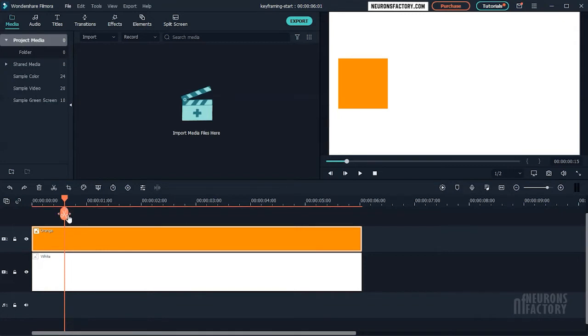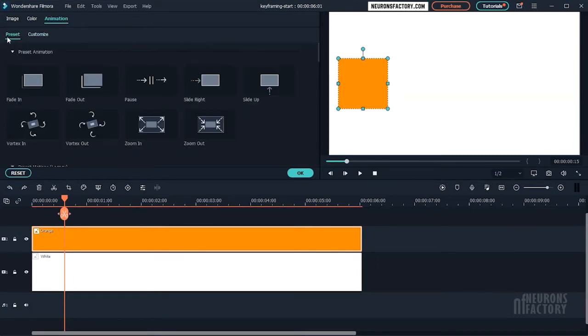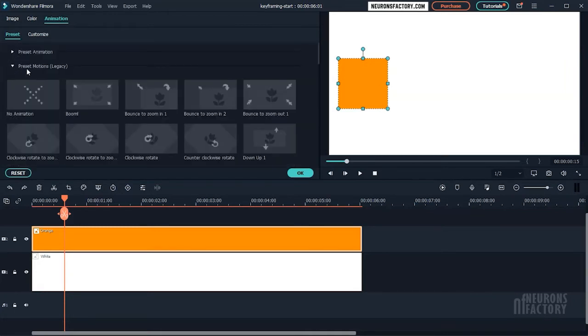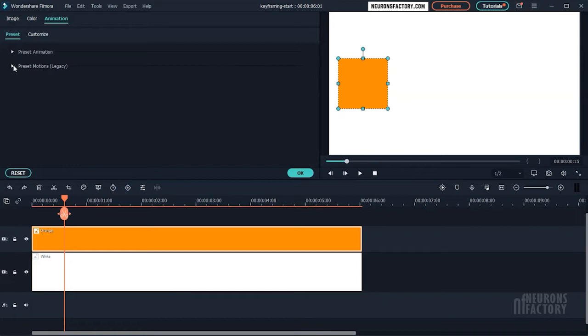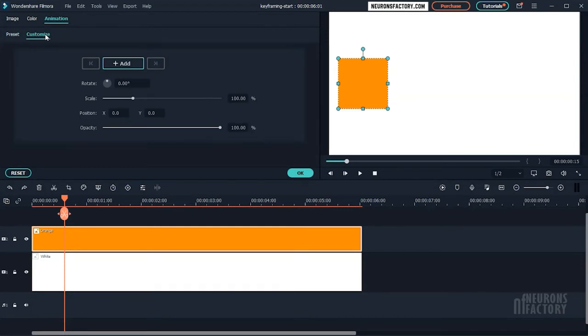Now I need to go to the animation tab. For that, I can double click on the track to access it. Here we have two sub-tabs, Preset and Customize. In the Preset tab, we have two areas, Preset Animation, and if I scroll down, there is another area called Preset Motions Legacy. We don't need legacy animation because now we have better options to create any animation using the Customize tab here. To add a keyframe, I'll click Add and a circle will appear at the bottom of our